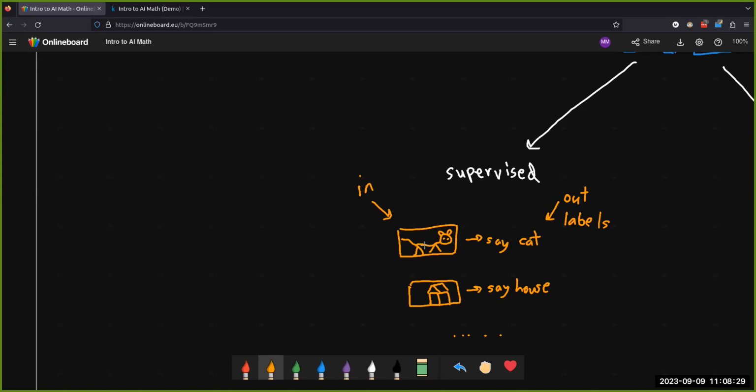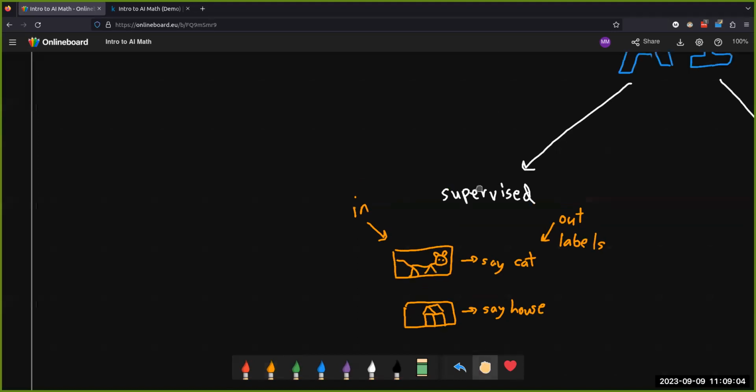Of course, I've just drawn the inputs as images here. They don't need to be images. For example, when you're using ChatGPT, you're not putting in images as inputs, you're putting in sentences. Or if you're using Siri, you're not doing either of those things. You're speaking to Siri and it recognizes the audio as input. So the general idea is show it the input data and then tell it what you want this to be recognized as. Let it figure out all the stuff in the middle by itself.